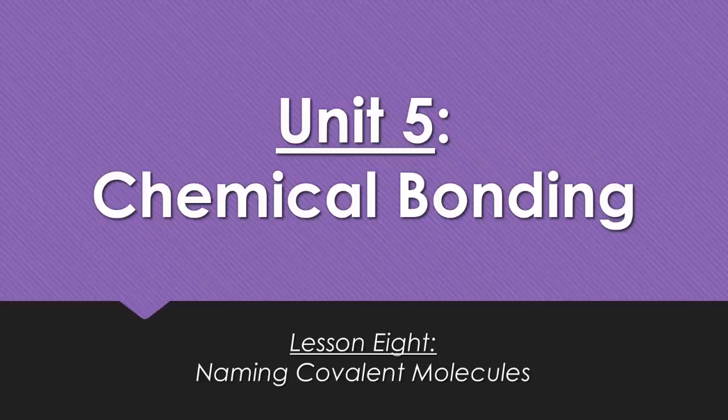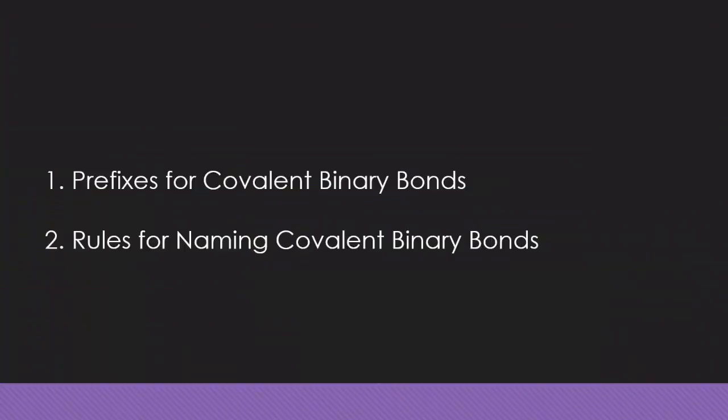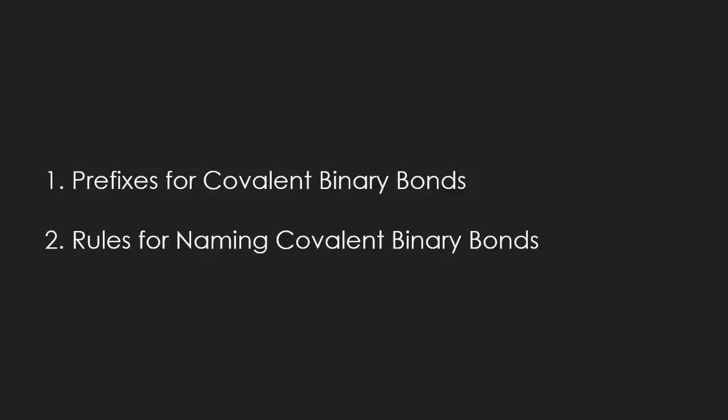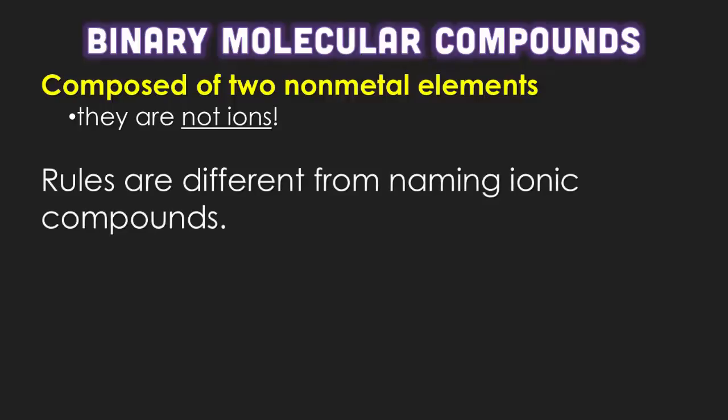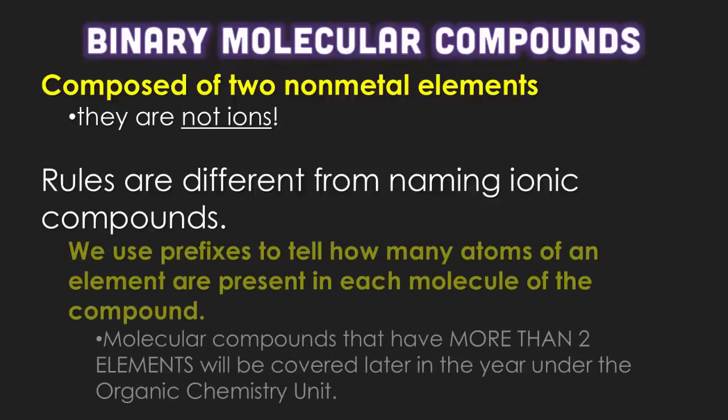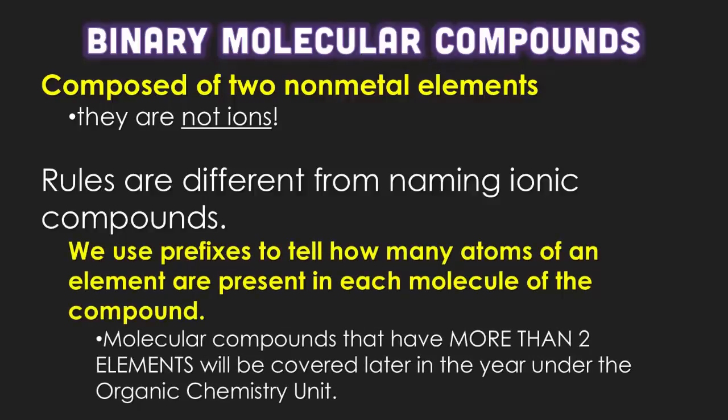Lesson 8 is on naming covalent molecules. We will be discussing the prefixes that are involved in binary covalent compounds and the rules for naming them. So, binary covalent compounds are composed of two nonmetals that are not ions because we're talking about covalent compounds. Rules are different from naming ionic compounds. We are going to be using prefixes to tell how many atoms of an element are present in each molecule